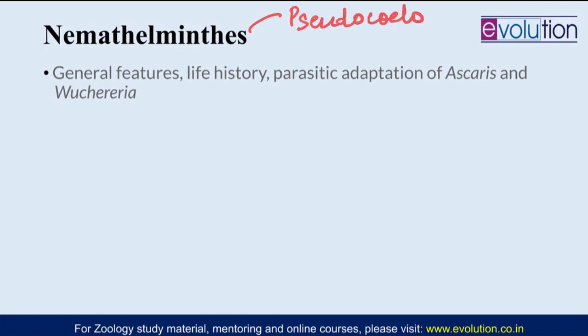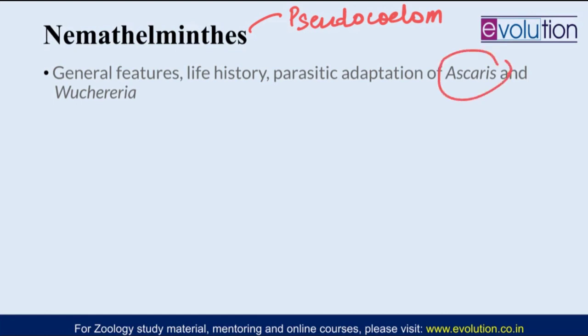So Nemathelminths have pseudocoelom, and other minor phyla which are Rotifera and Acanthocephala, which were earlier classified in Aschelminthes, they are all pseudocoelomates. So classification is very simple on the basis of sense organs, which are phasmids. They have been divided into aphasmidia and phasmidia. Very simple classification. A lot of them can be parasitic, and they are parasitic to humans, and two of those specimens you have to study.